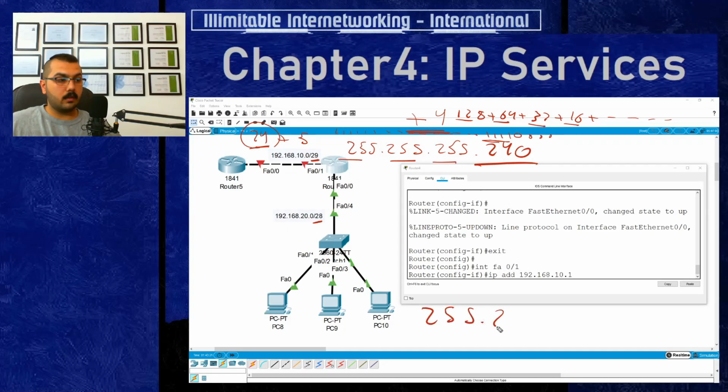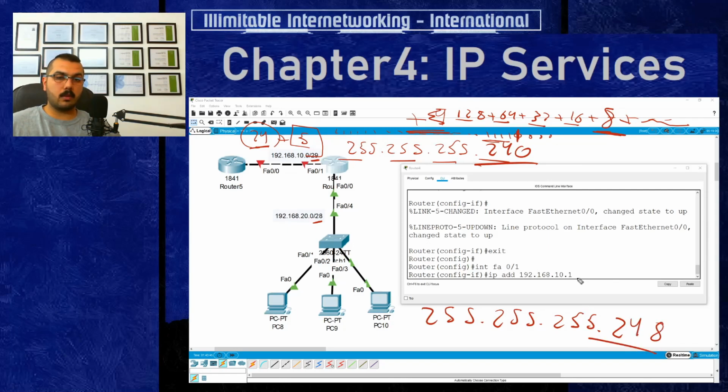So in this way I have now 5 ones, and these are 5 ones, 3 zeros, so 128 plus 64 plus 32 plus 16 plus 8 plus zeros, so it will be 240 plus 8,